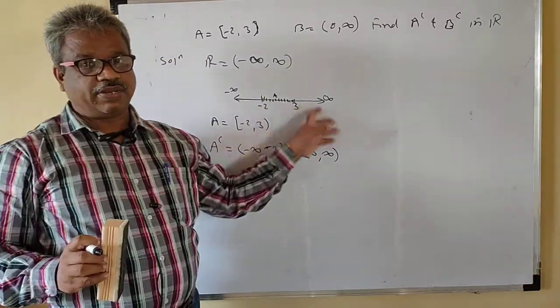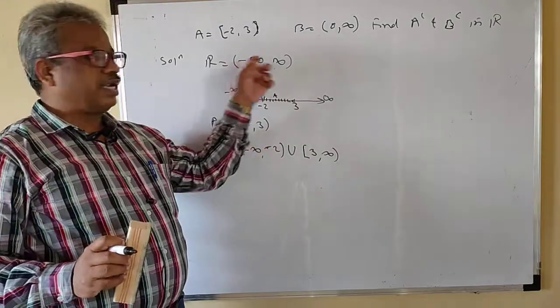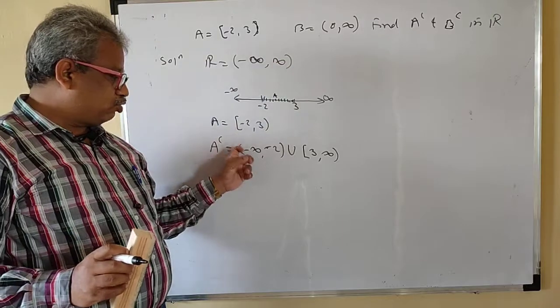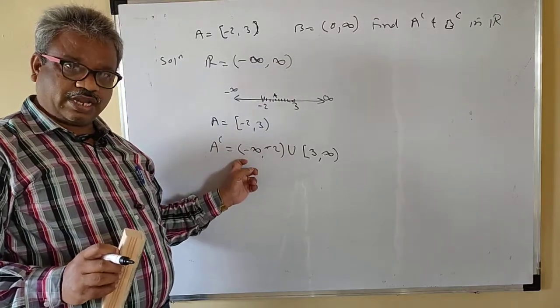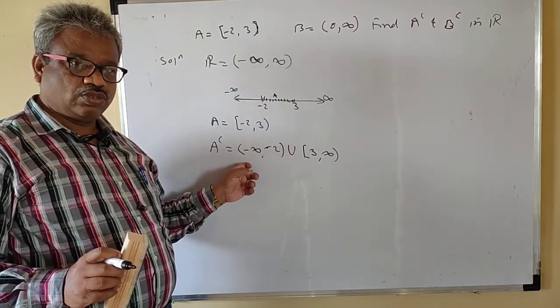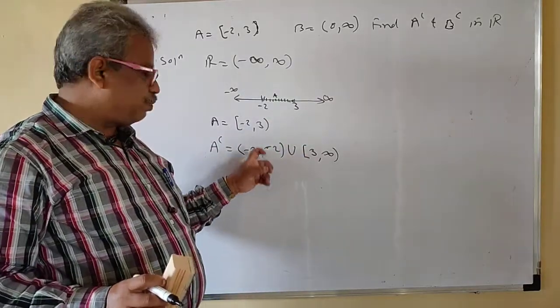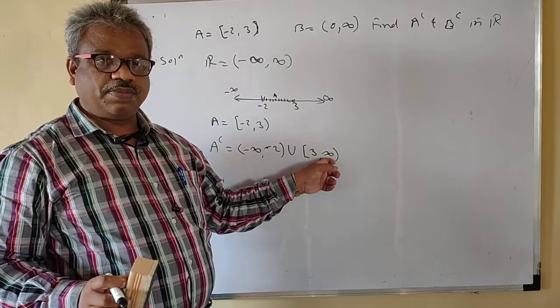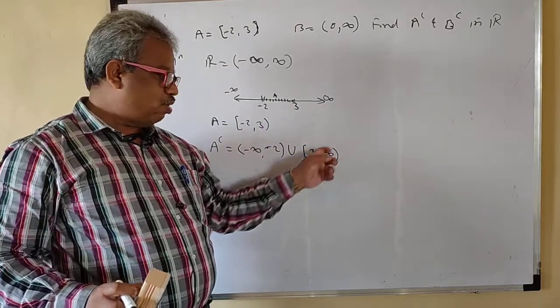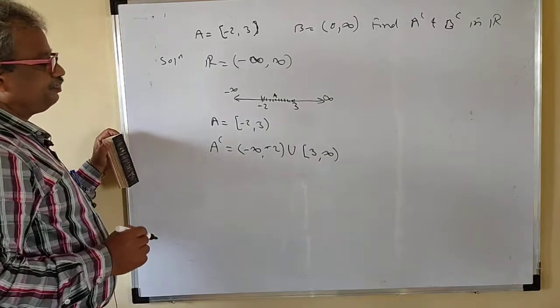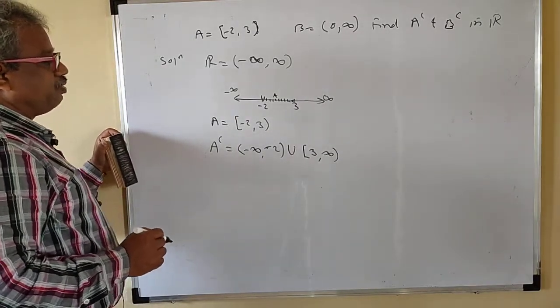Infinity. Note that minus infinity and infinity are not numbers, right? You cannot write a closed bracket there. So for minus infinity or infinity, it should be open. You cannot close it, because minus infinity and infinity are not numbers. So whenever there is a minus infinity, always write an open bracket. And if there is infinity, close the bracket by an open interval, right? That is open, open. This is an open set. Okay, an open bracket we have to write.